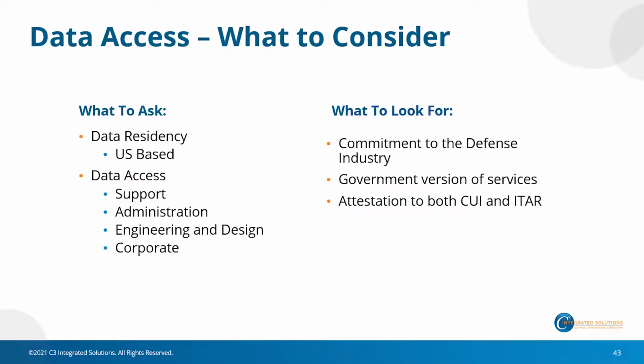So as an IT professional, we need to think about what we are going to ask for when we talk to vendors and evaluate what services and solutions we are going to use, both to operate our network and especially to secure and meet compliance requirements. We typically recommend folks ask about data residency. Make sure the vendor is going to maintain that their data stays in the US. Also, ask a little more than just that simple question. Find out where they support their data, where their administration, their engineering and design, and their corporate offices sit. Are they really committed to meeting these controls?